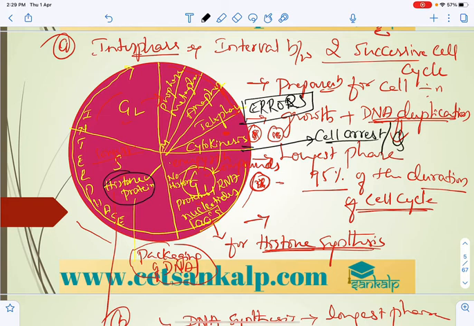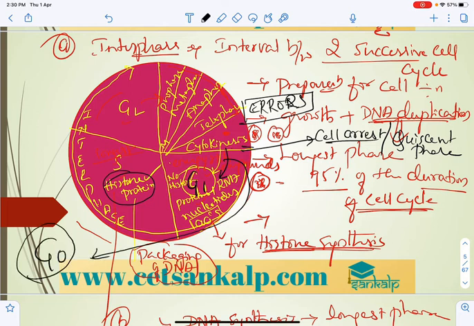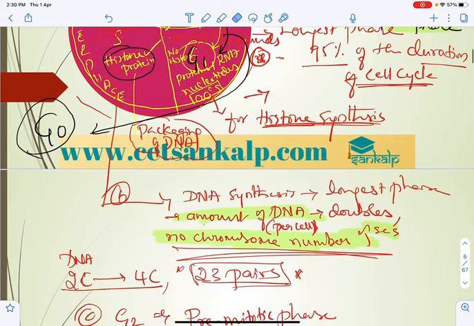So that phase is also called the quiescent phase, the cell arrest phase. These are cells that do not divide further and exit G1. Means after cytokinesis it has to enter G1, but it won't enter G1; it will leave the cell cycle and become G0 phase, also called the quiescent phase. In that phase the cell is metabolically active, but it does not proliferate, meaning it won't divide until it gets a message. Once all the errors are set right, only then will it enter from G0 phase to G1 and